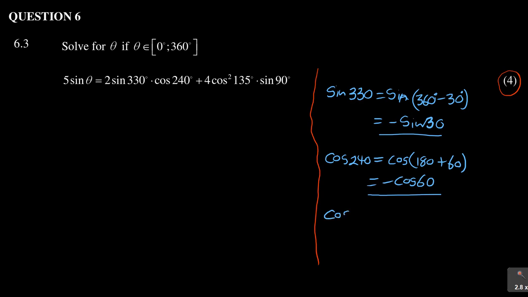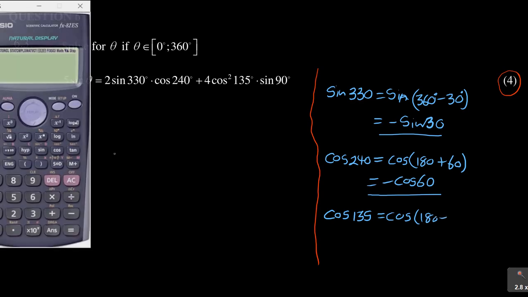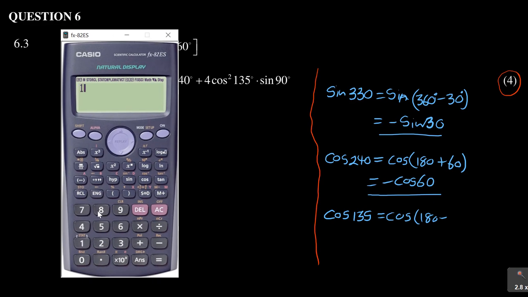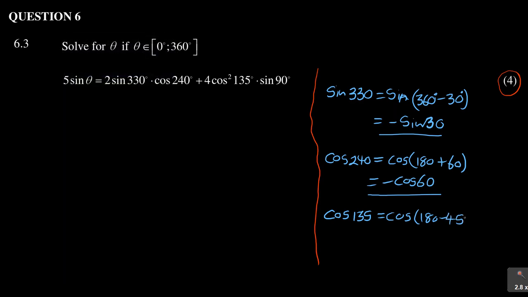135. It is in the second quadrant, which is cos of 180 minus, if you subtract to get the angle, 180 minus 135. You can see it's 45 degrees. Remember, we're using the reduction rules again here. Now cos is negative in the second quadrant, which is negative cos 45, but as I said in the previous one,